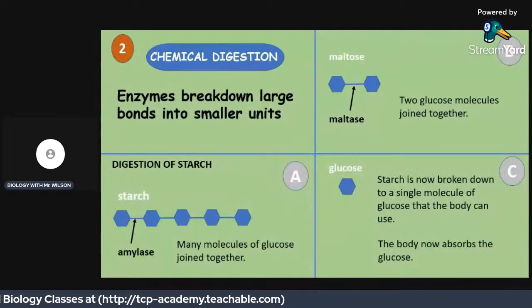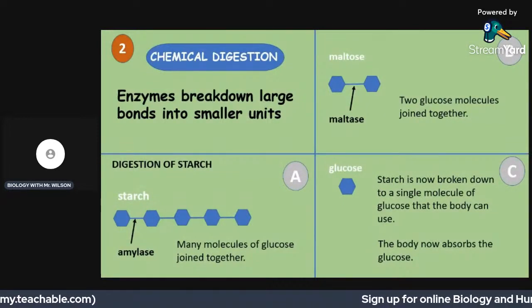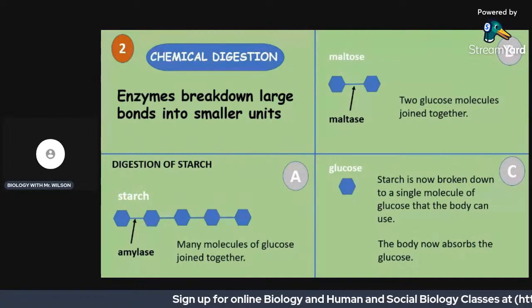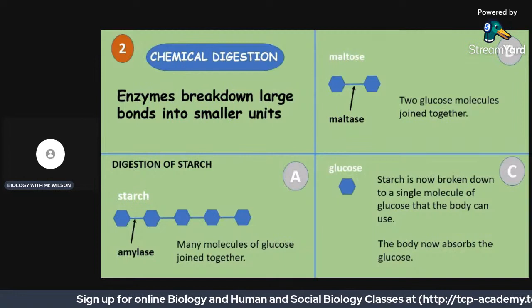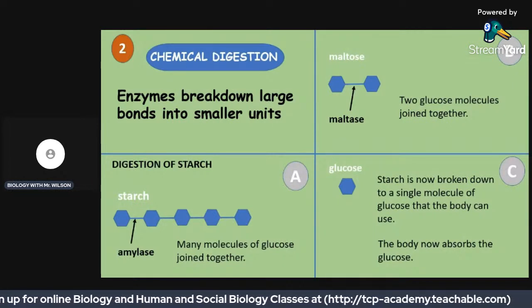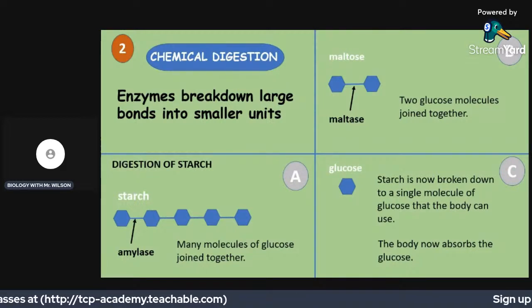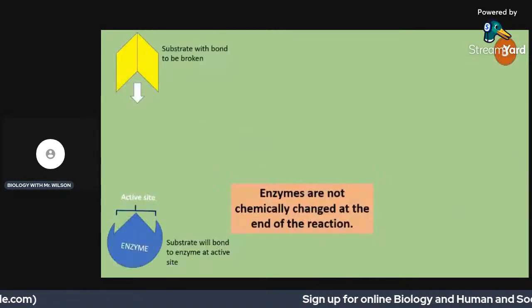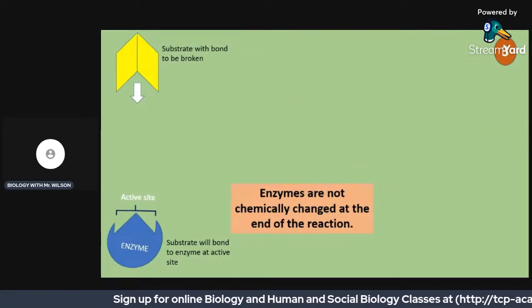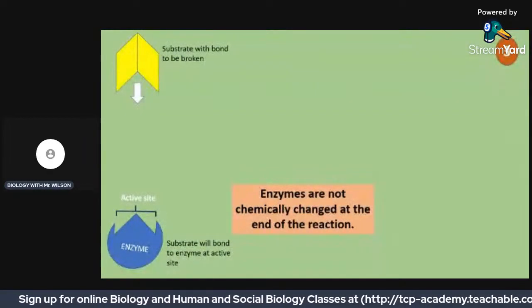And of course maltose is acted on by another enzyme called maltase to eventually break it down into glucose, which the body will be using as a monosaccharide. So here we say for 2, this is the second property, enzymes break down large bonds into smaller units. Now, the third property of enzymes is that enzymes are